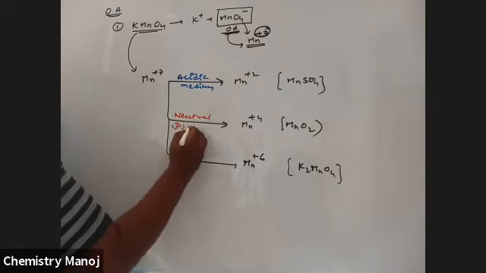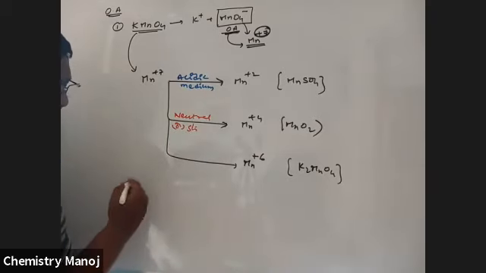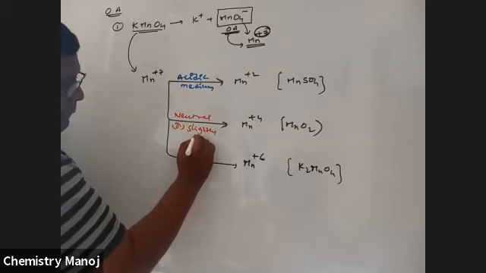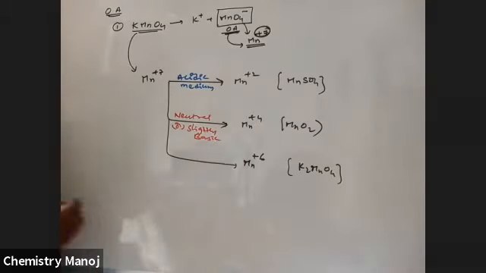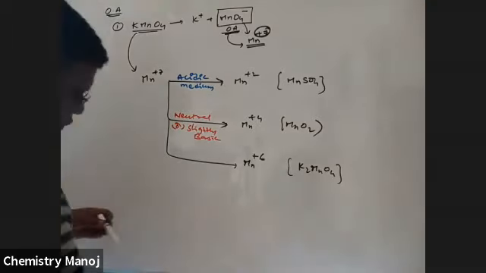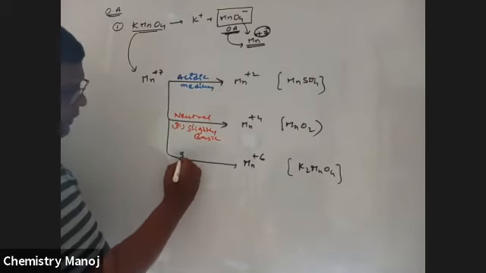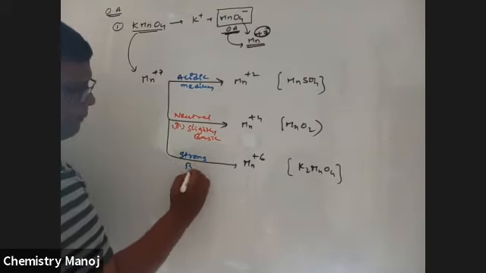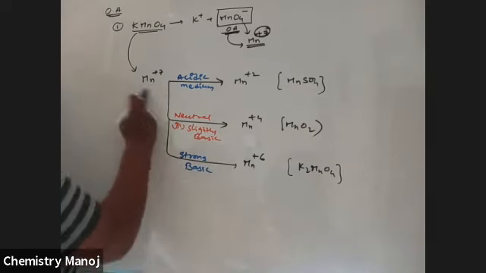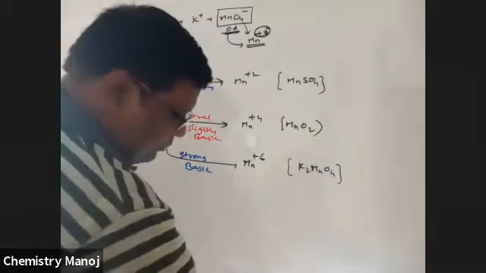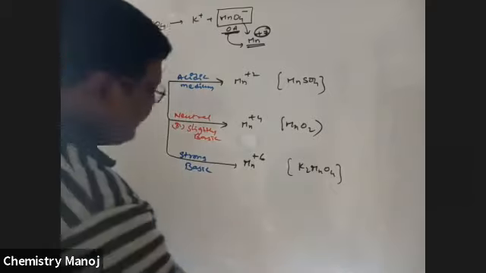Neutral or slightly basic medium. In neutral or slightly basic medium, Mn+7 is changed to Mn+4. Next, here it is strong basic medium. In strong basic medium, Mn+7 changes to Mn+6. Okay, so in acidic medium